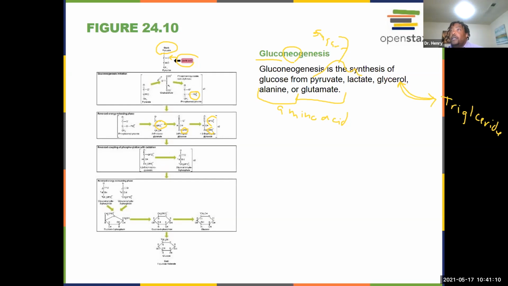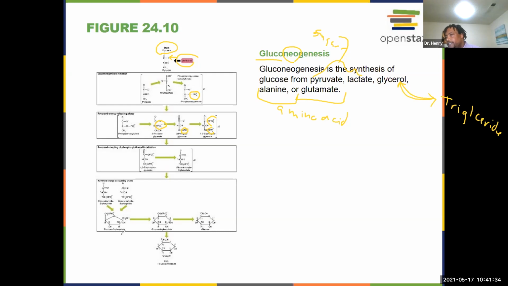And then down here, I'm sorry, you're going to take 2 of these glyceraldehyde 3-phosphates, and you're going to use that to make